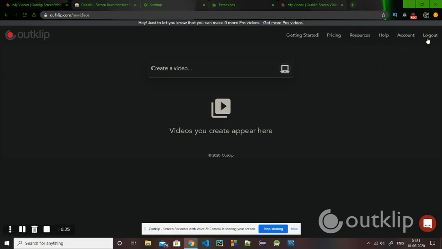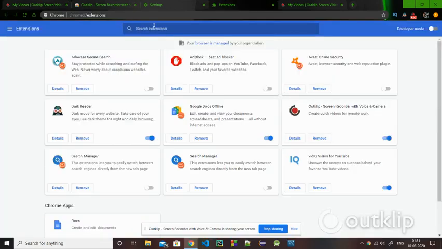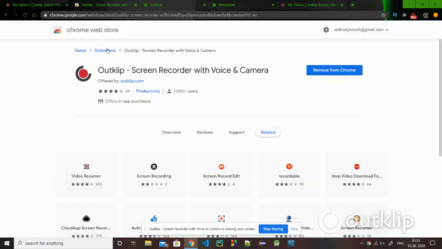In the rightmost corner you will have an add to Chrome or add extension to Chrome sort of option. You will just click on it, and it will redirect you to this sort of extension page.